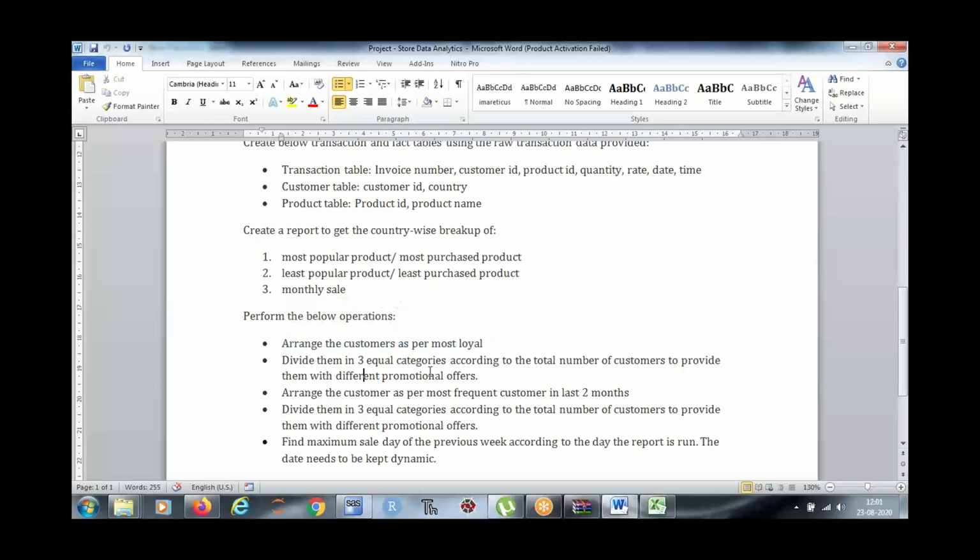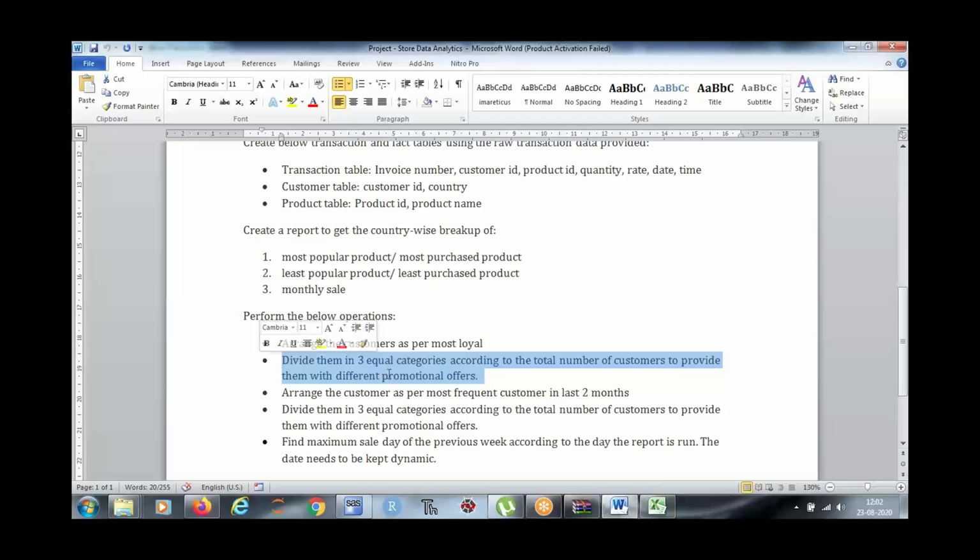You can divide all the customers into 3 different categories, like most loyal, then middle loyal, and then probably the least loyal, right? So you need to create a category, and then create another column. For most loyal you give offer 1, offer 2, offer 3, like this.